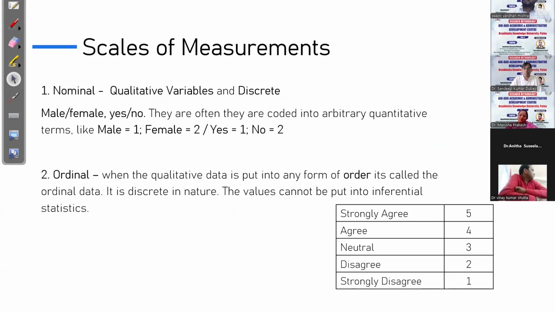Descriptive is basically the data which describes. Inferential is the statistics which helps us to draw conclusions about the population. So once the data is collected, you should be able to identify your data's scale of measurement. How you have measured your data, whether it is nominal, whether you have asked, did you like a particular thing, or do you think that